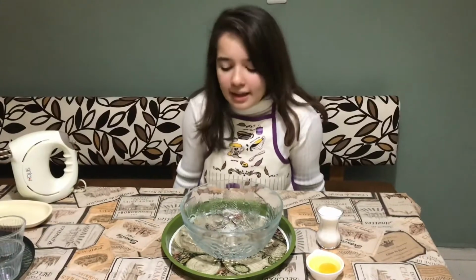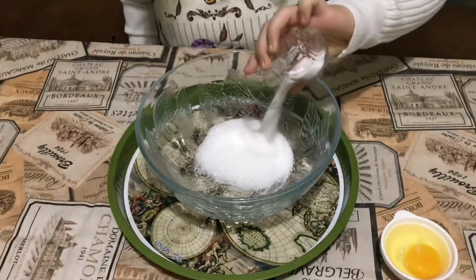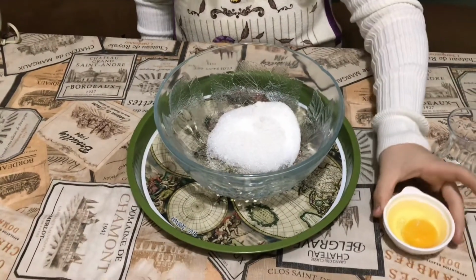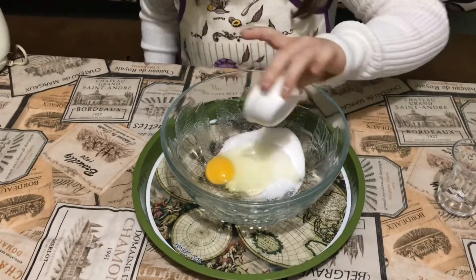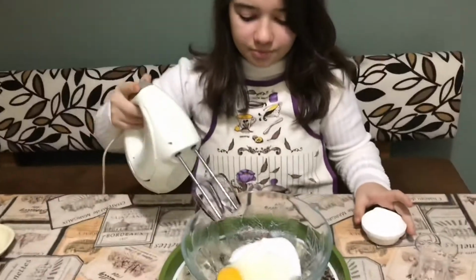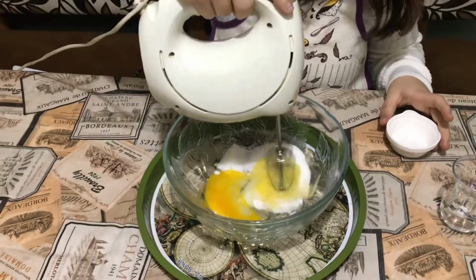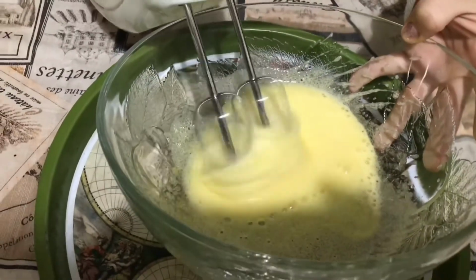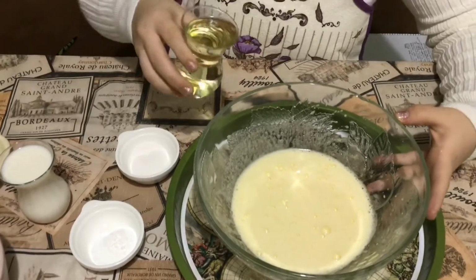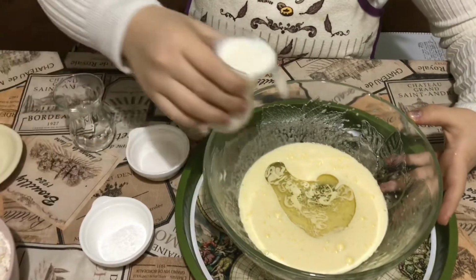First step, we are gonna add our sugar to our bowl and our egg and whisk it. Continue whisking, adding oil, a cup of milk,